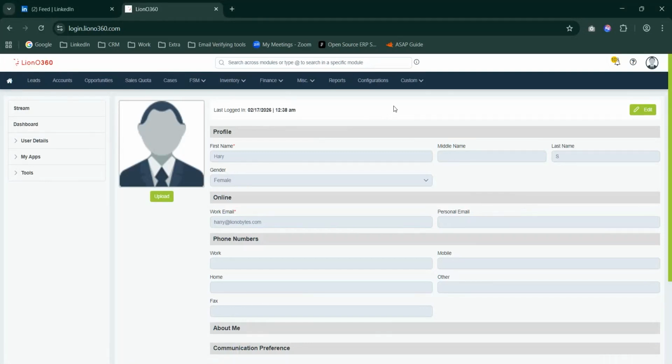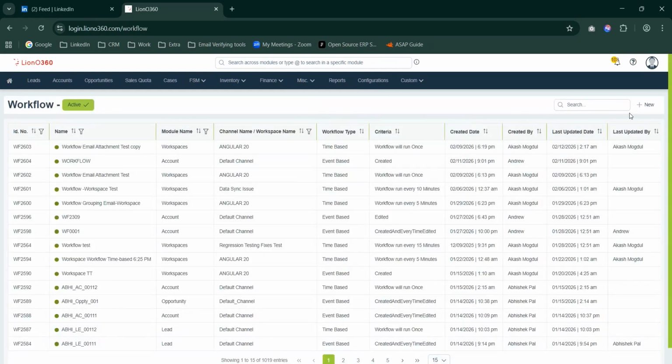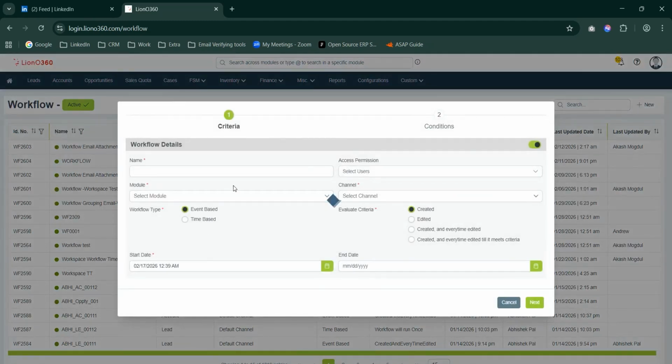Everyone. In this video we will see how we can run an automation workflow for sending emails to the leads' email IDs. To create a workflow, go to Miscellaneous. Under Miscellaneous, click on Workflow, click on New,